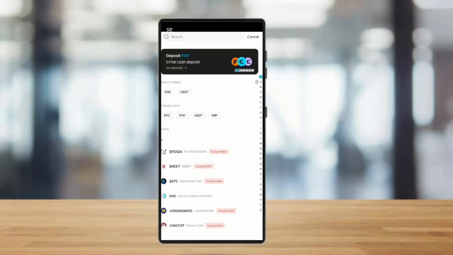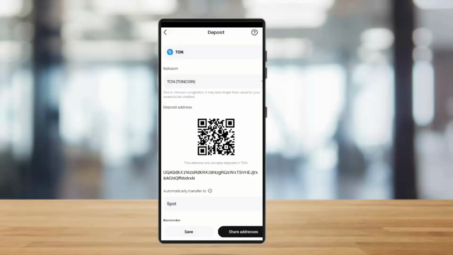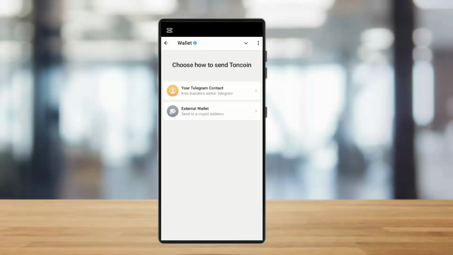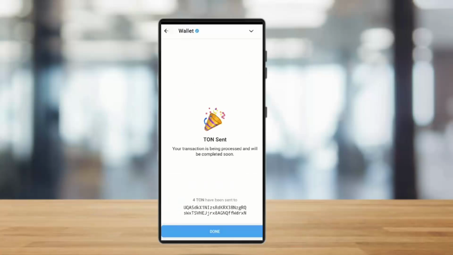So once you open your Telegram wallet now, simply navigate to the wallet section. Once you're in the wallet section as well, simply select the Ton you want to withdraw. Once you have found this, simply tap on send or withdraw and paste your Bitget Ton wallet address into the